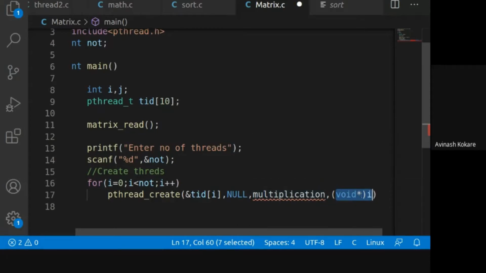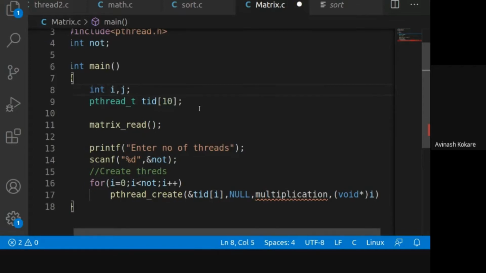The data is always required to be of type void star, and we have declared i as an integer, so I will write it as long, because it will give you the warning of converting 4 bytes of data into 8 bytes of data.